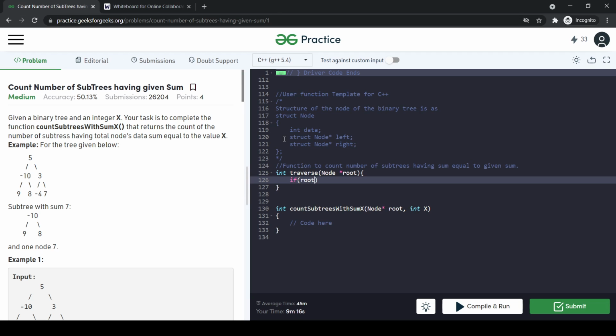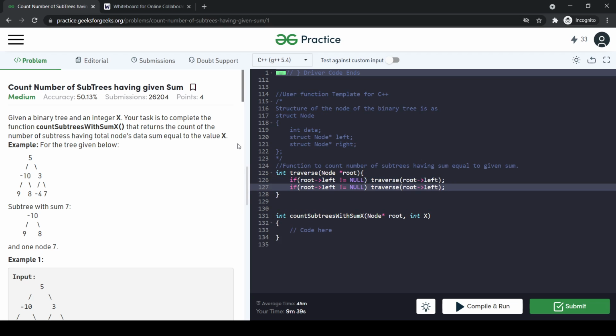If root left is not equal to null, then it will traverse the left of root. And if right is not null, then it will traverse to the right.